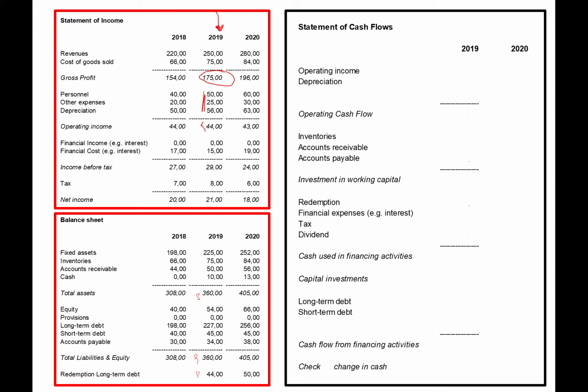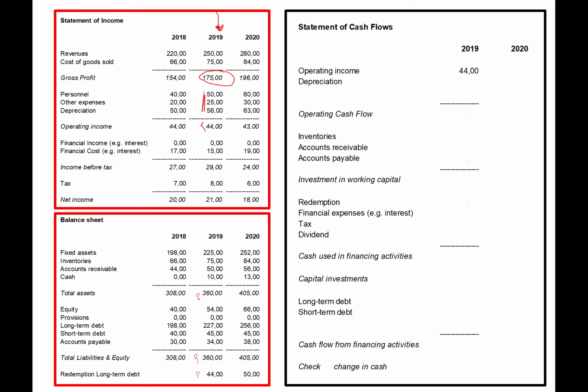Now here on the right hand side we have the statement of cash flow. So what we do now is we try to fill in the cash flow statement, and if we have done that successfully we're going to derive the free cash flow. So the first item we're going to determine is the operating or operational cash flow. The operational cash flow is equal to operating income, which was 44, and then we make a correction for non-cash